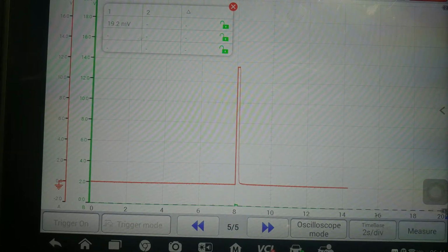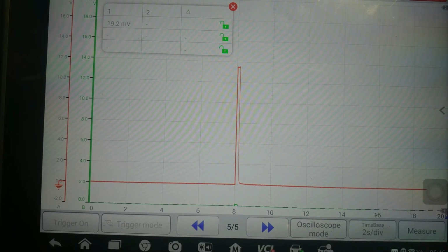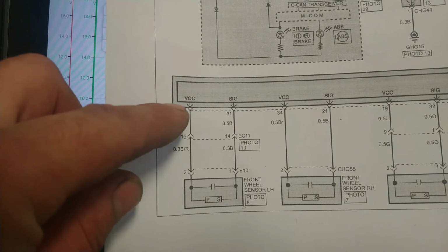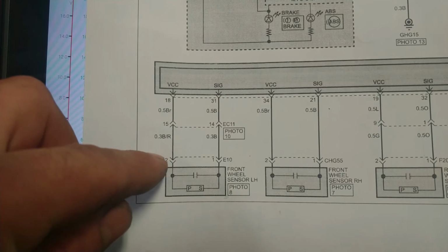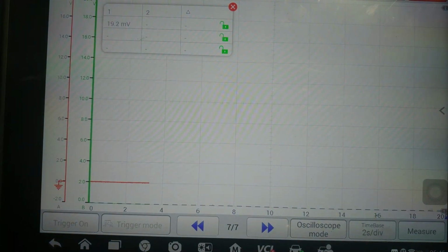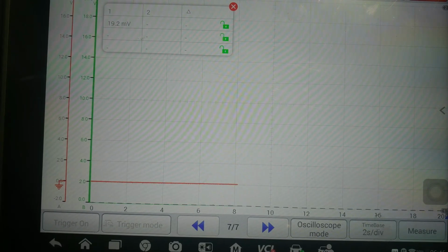Now what does that indicate? That indicates that everything from the module on the voltage feed side all the way up to the sensor connector is good. So if I come onto my wiring diagram, I basically just tested from here, VCC, all the way up to here, where my pin 2 is. This is where my ABS sensor connector is. So now that I know that my ABS module is able to send out its pulse signal in order to verify the integrity of the circuit,